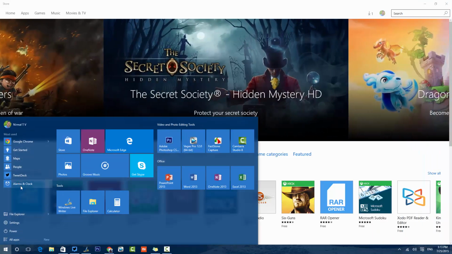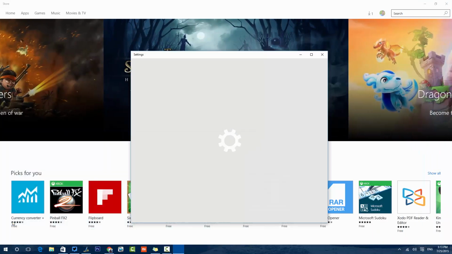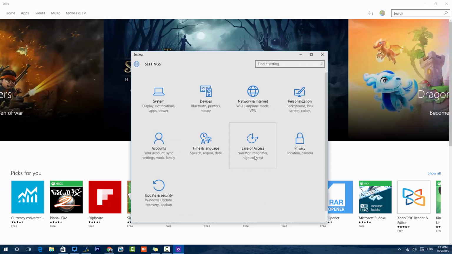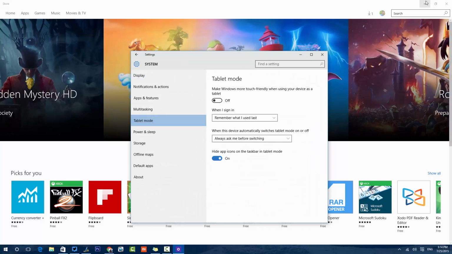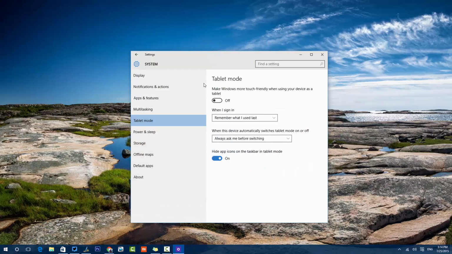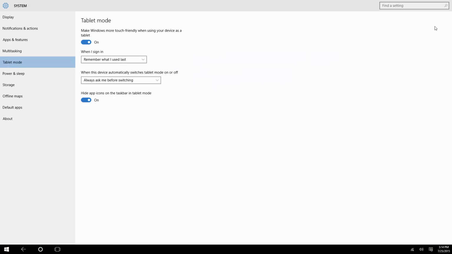Now if you go to the settings, we have this tablet mode available there as well. You can go to system, and you can see there is a tablet mode. This tablet mode allows you to make Windows more touch friendly when using the device as a tablet. If you switch this on, you can see this window automatically maximizes, and when I sign in, you can remember what exactly was the setting.